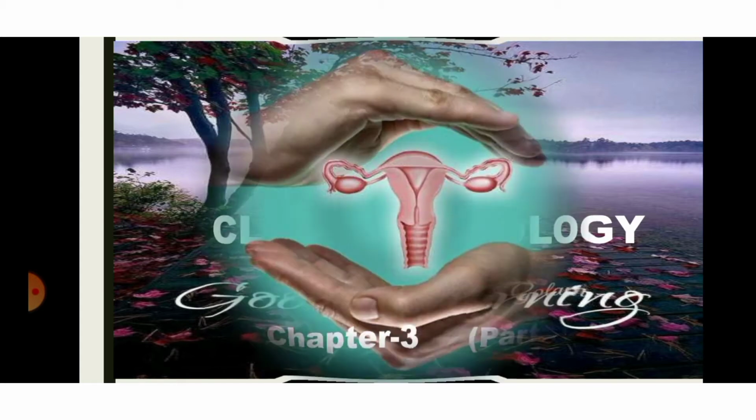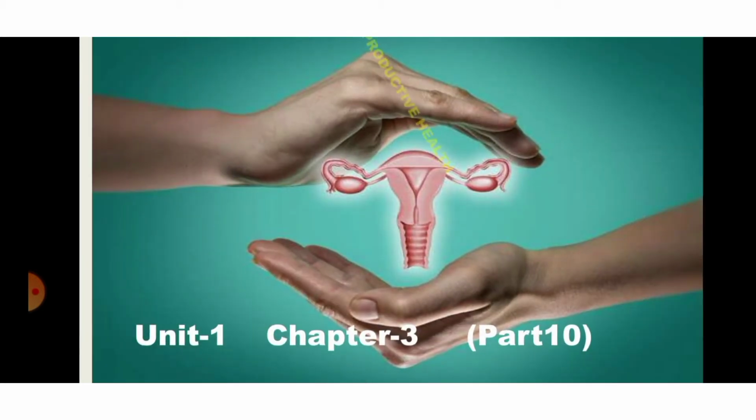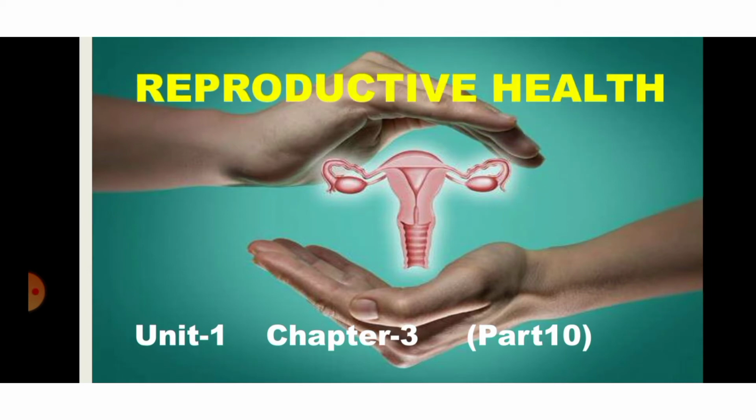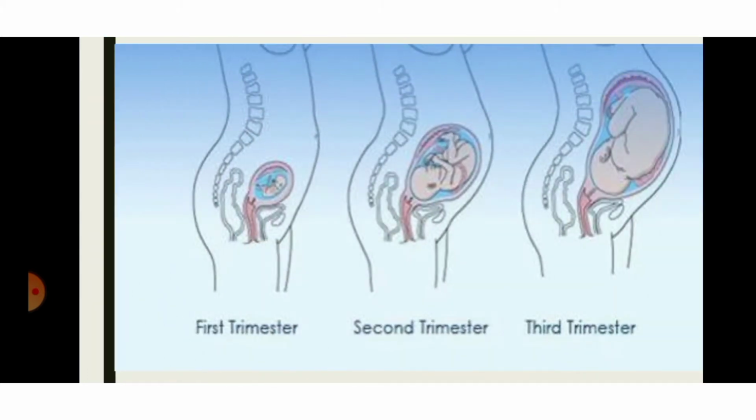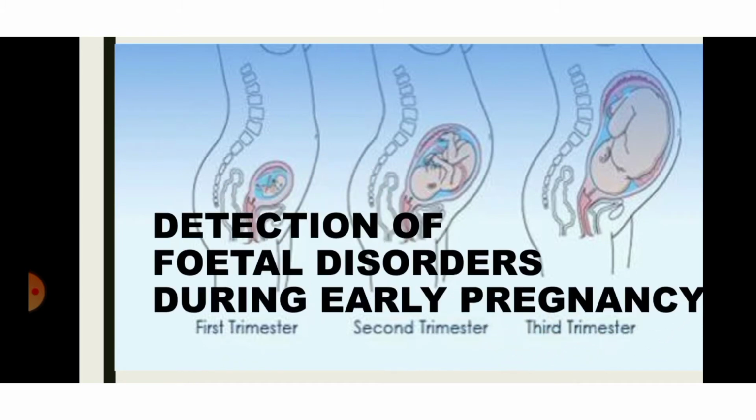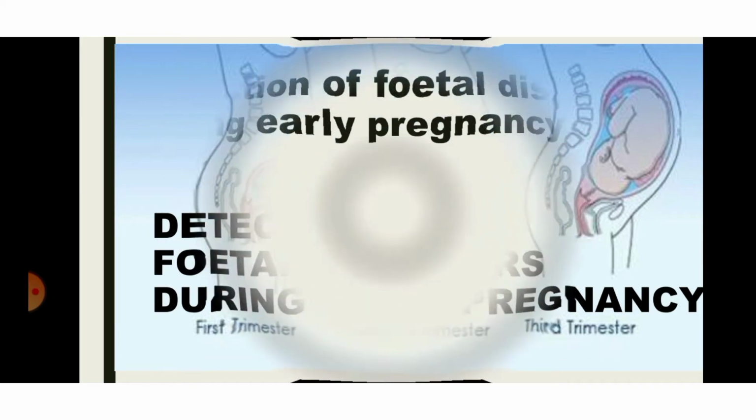We are discussing chapter number 3, reproductive health. Under reproductive health, today we are going to see how to detect the fetal disorders during pregnancy. Under the heading, detection of fetal disorders during early pregnancy, the various methods used to detect fetal disorders are